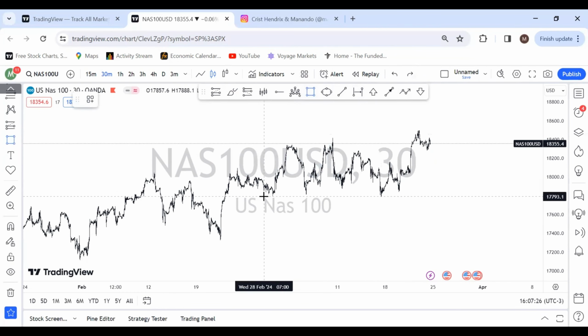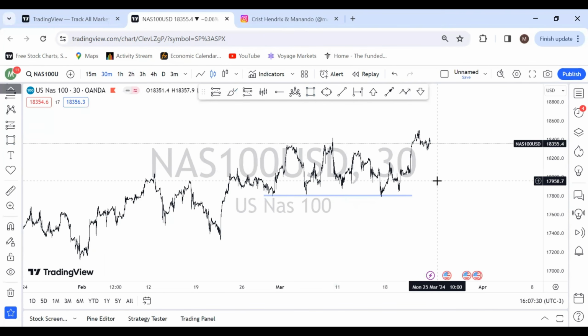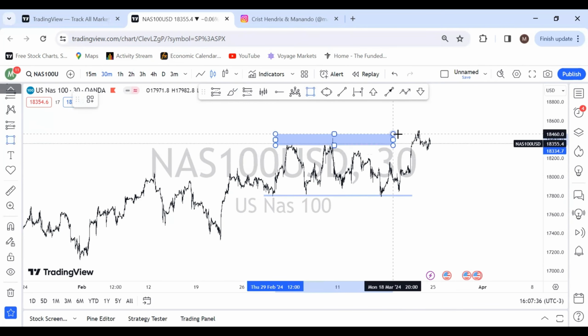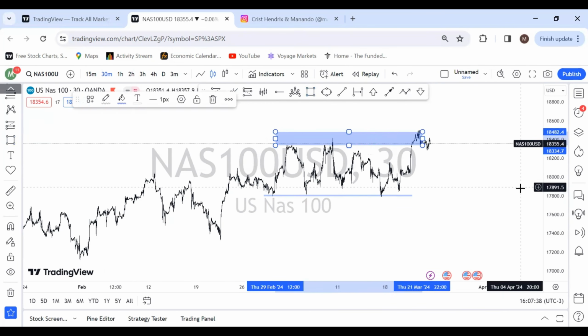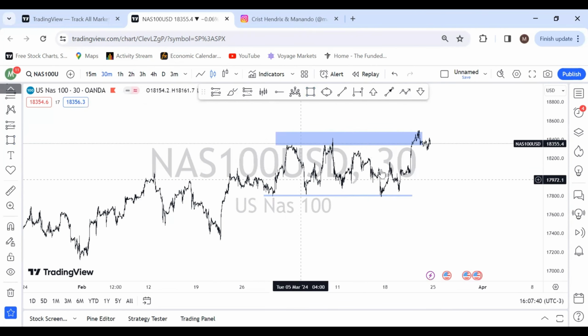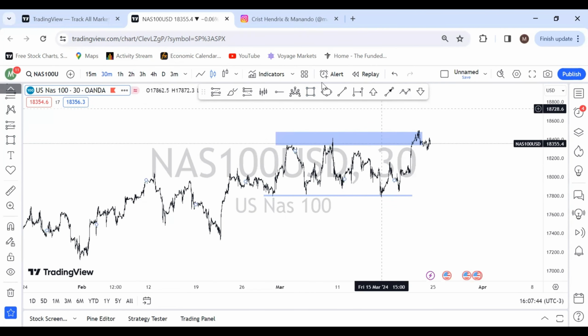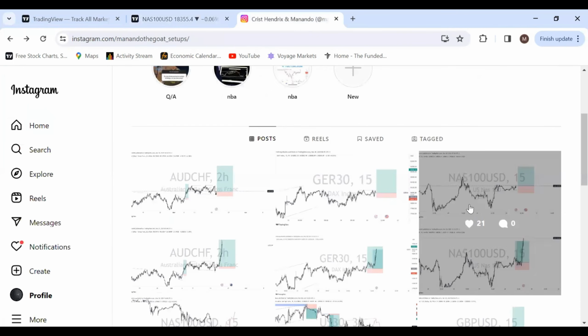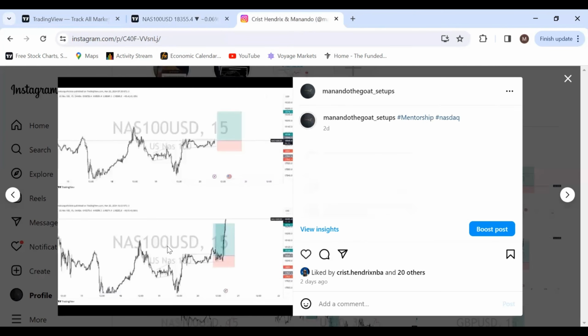So what you have to do is basically get your support, your resistance. Here would be our resistance. So we had a few opportunities within this range, but today we'll be talking about this buy that we had,